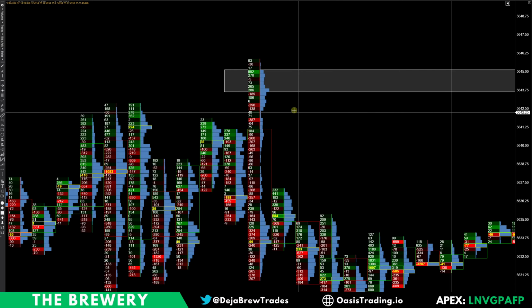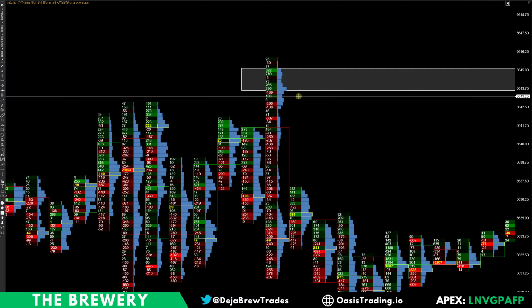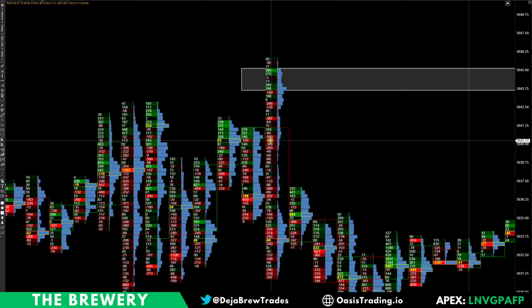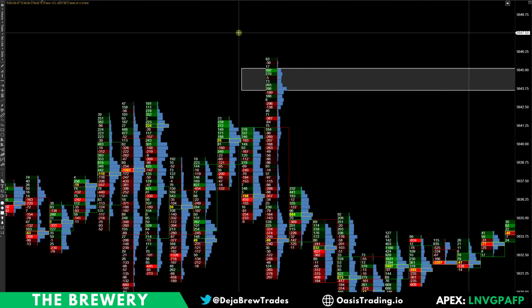So first example here, what you want to look for. And first, let me actually go over what you're looking at here. So if you copy my settings, what you're going to be looking at from the left side of the candle, that is the delta ladder. That's going to show you how much delta is coming in on every single tick. If you guys don't know what delta is